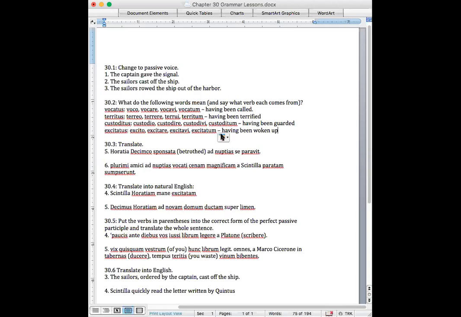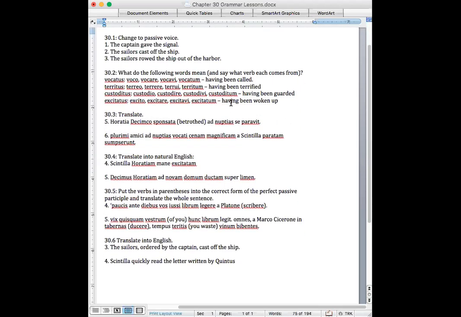So again, these supines have M on the end. You can just think of that as a neuter, so that you understand that it's a first or second declension adjective over here. So excitatus, having been woken up by zombies, by whatever. You're indicating the passivity with been. The perfect form is in the having, the passive form is in the been. Okay, now we're just gonna straight up translate the sentences.